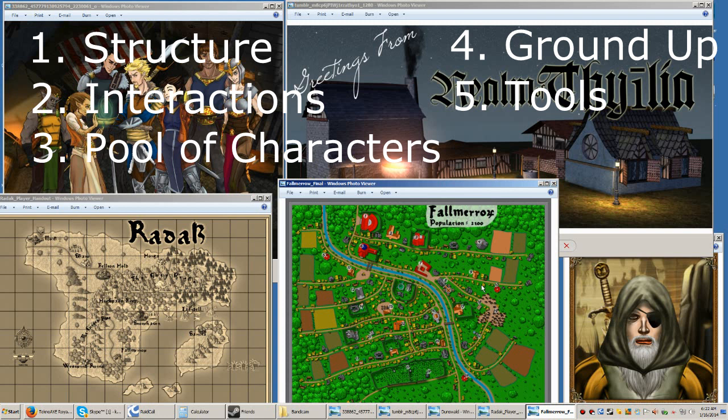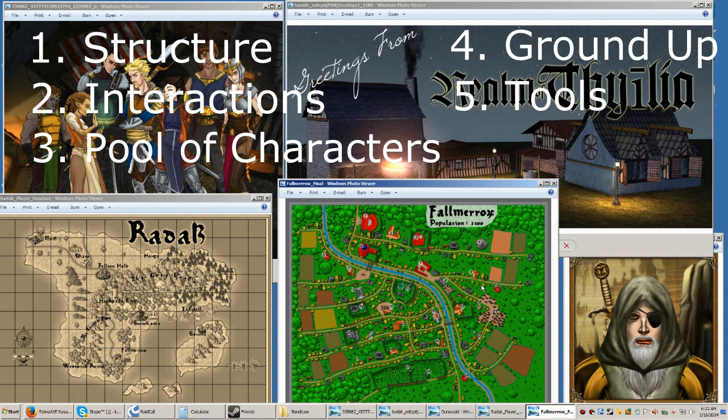So I'm going to go over some of the tools. One of the most important tools is your map makers. Now, there's a lot of free map makers out there, and I've tried almost every map maker that there is, and I can pretty much tell you that all of the free map makers are pretty junk.